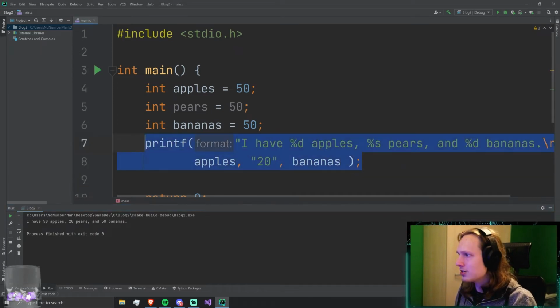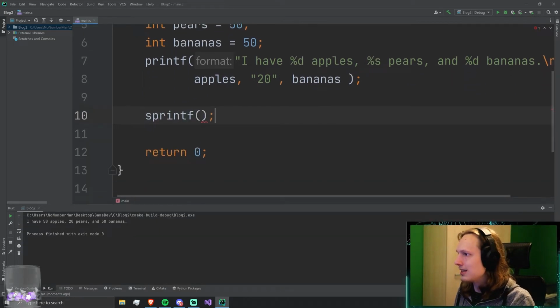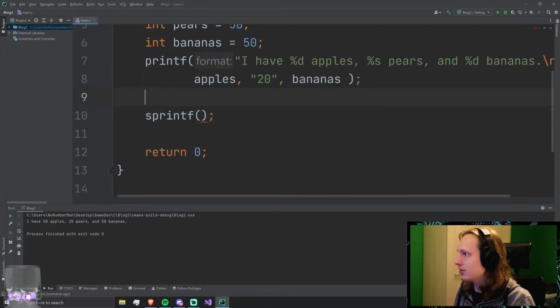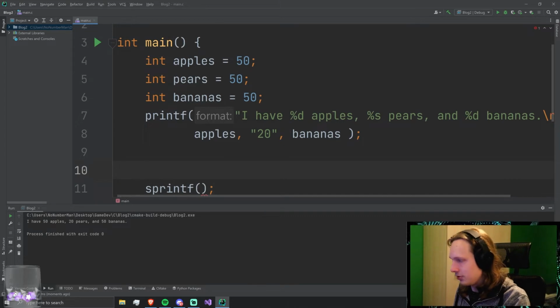Now, there are some other prints as well. We also have sprintf, which will print to a string. So as you can see here, can you give me the function signature? I guess not. So it needs a stream and then the format thing. At first, we might need to make a little bit of a buffer to put everything in. I'll just very quickly write something up. So like a char, this will be the buffer array of 256.